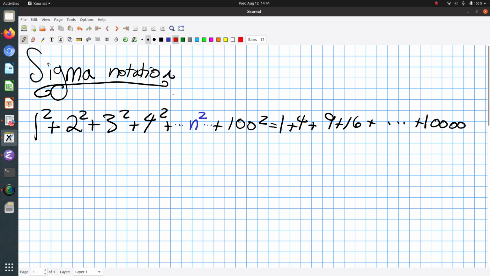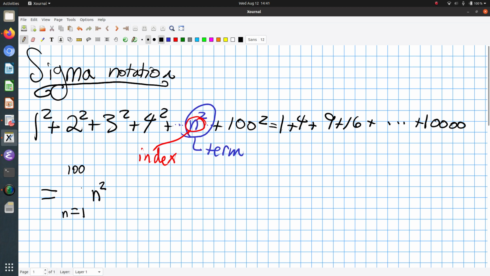So for instance, I could, in this sum, call n squared the term, and this n the index. And with this in mind, there's a nice notation that summarizes and makes it pretty clear what it is that you want. I want to sum up n squared, my term, and I want to sum it up from a certain index. The first index is for 1 squared, so that index is 1, and the last is 100